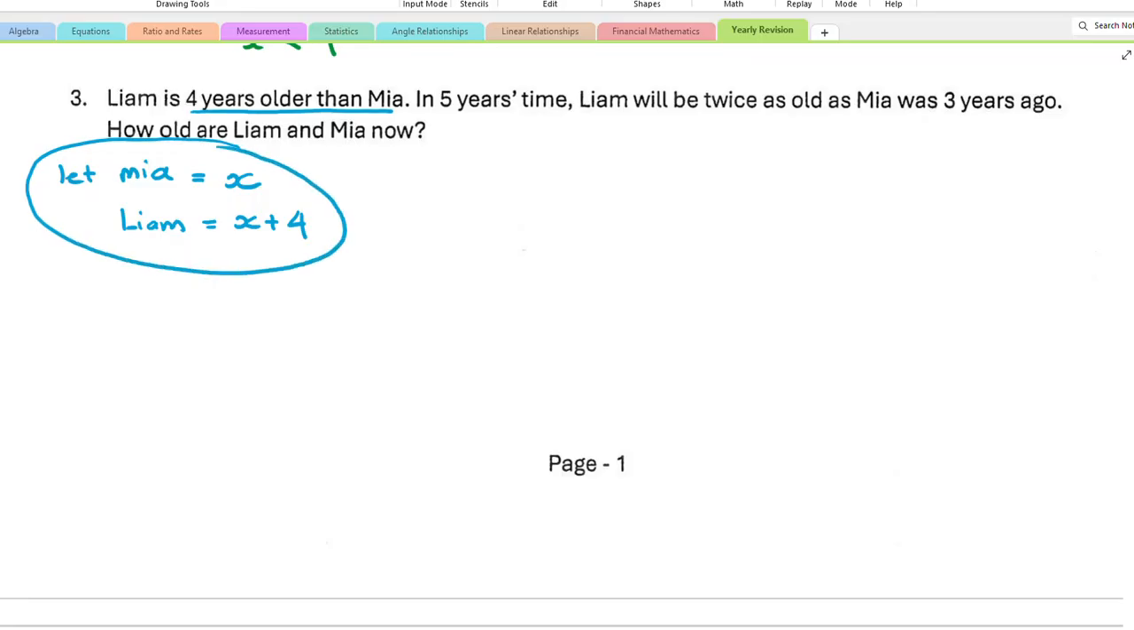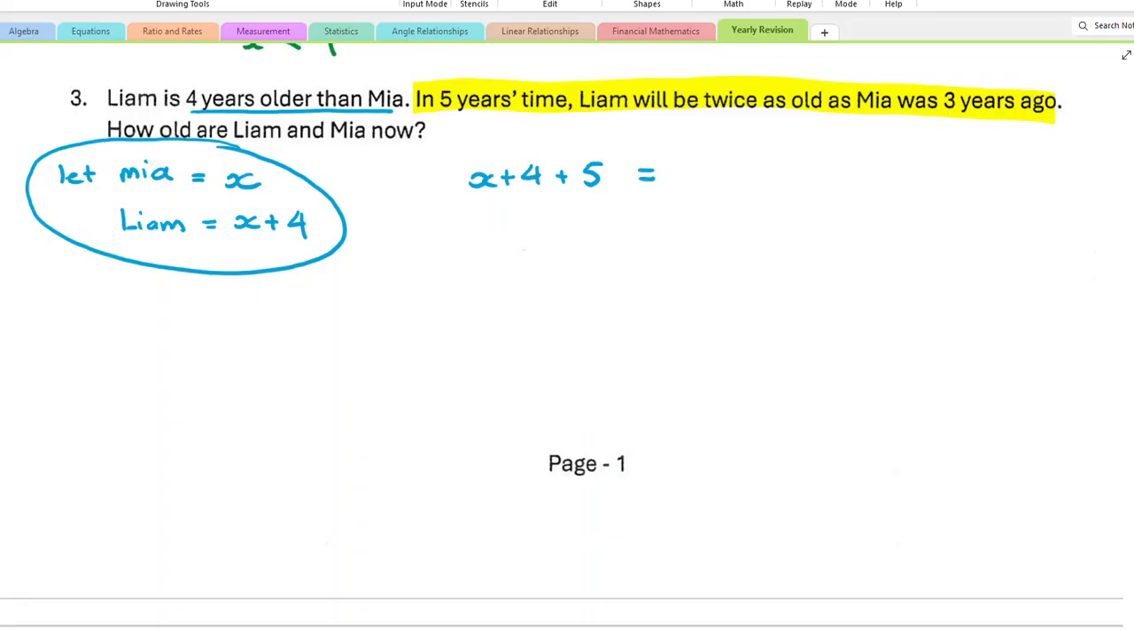Okay, moving on to the next sentence in my question. This is the complicated part. In 5 years' time, Liam will be twice as old as Mia was 3 years ago. So when Liam is 5 years older, so Liam is currently x plus 4, he needs to be 5 years older. So he's going to be x plus 4 plus another 5. So that's Liam being 5 years older. This will be equal to Mia, so Mia's age 3 years ago